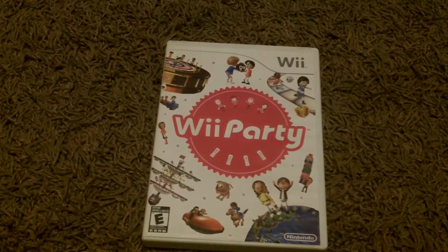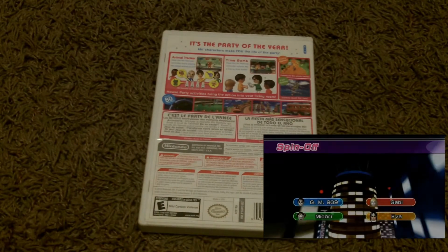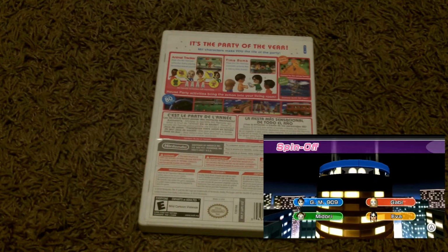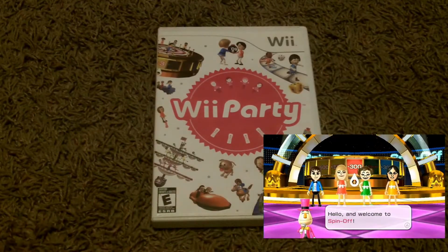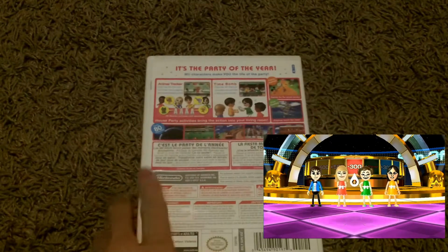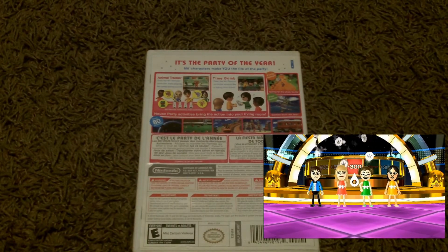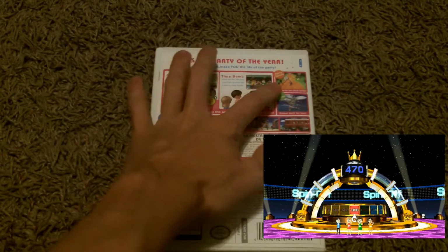Anyways, here's Wii Party. Honestly, a must-have for the Wii, I'd say. It's a really fun game. Of course, it's one of those mini-game collection party games, but they're a lot of fun, I'd say. My friends and I play this game all the time, and there's also party games, pair games,